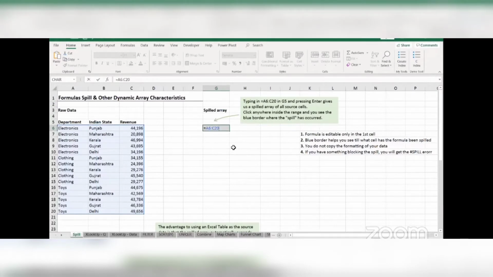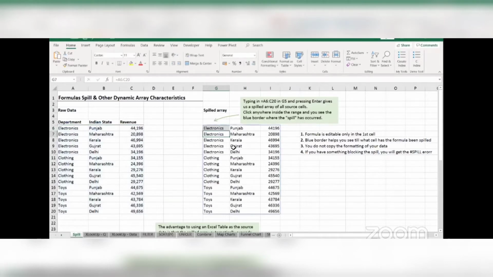But when it comes to Excel 2019, if you hit enter, notice what happens here. Now we get the option of spilling our data. So we do not get an error. The answer simply spills to the cells around my formula cell. So I have written the formula in this particular cell, but I'm getting the answers in different cells, as you can see. This is the concept of spilled array. As the name tells you, it is a spill that is happening. The answers are spilling to the other cells, and array is just a fancy word for range. So it is the spilling of my range of data.